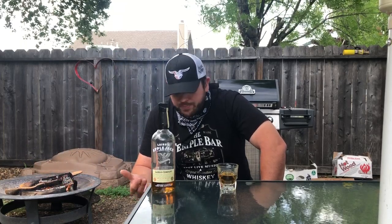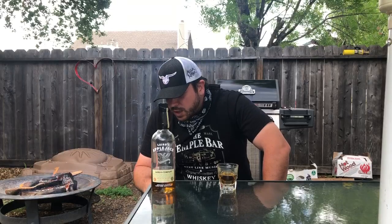More of the same on the palate there, guys. Good. It's got a good apple flavor to it. A little bit of vanilla, grain neutral spirit, which can be unpleasant at times, but not too bad here. It's pretty much in check. It's there, but not overwhelming, and maybe a little bit of oak to it, but it's a pretty simple